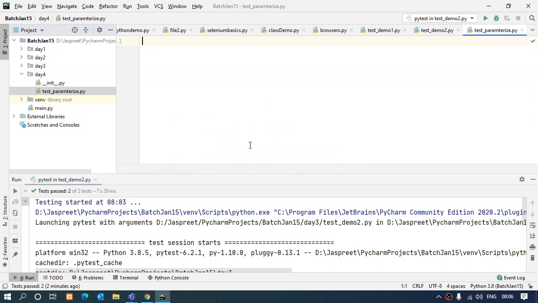Okay, now what I'm going to do is make multiple test cases in which I'm just going to add a few numbers. Okay, that is what I'm going to do.